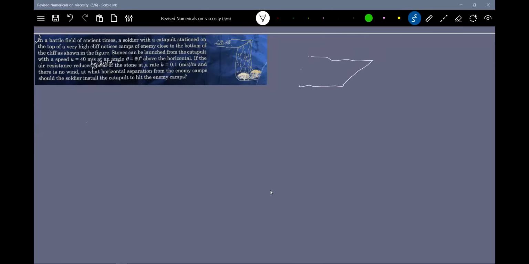I'll better get the diagram clearly. So here they are, they are available. And from here is our tent. From here, we are going to launch it. It should go and strike the